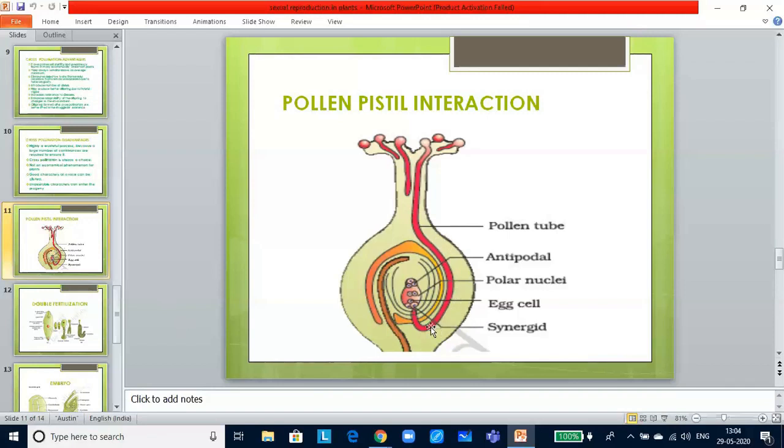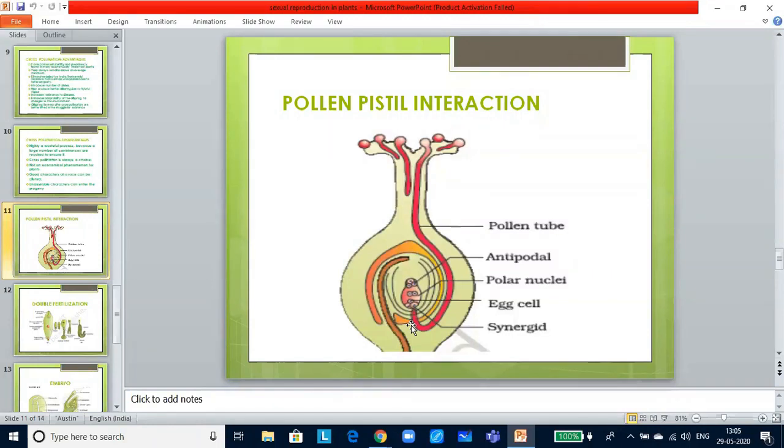So this is what you see, a germination of a pollen tube through one of the germ pores. The content of the pollen grain moves into the pollen tube. The pollen tube grows through the tissues of the style and stigma and reaches the ovary. In plants which shed pollen at the two-cell stage, the generative cell divides and forms the two male gametes during the growth of the pollen tube in the stigma. In plants that shed pollen at the three-celled stage, the tube carries the gametes from the beginning.